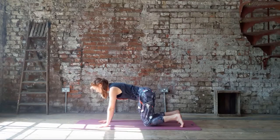Hello. In this clip, we'll move through a nice sequence to strengthen our upper body. And be sure to be extra mindful when it comes to the shoulder. And always keep that strong connection through the whole shoulder girdle. And what I mean by that, one way to do that is to just externally rotate your arms, so roll